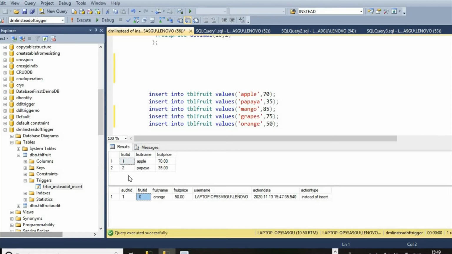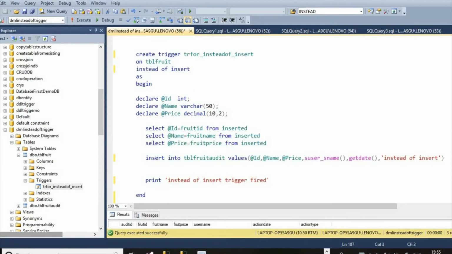Now if we want to insert the record in the tbl fruit table and the same entry into the tbl fruit audit table, then we'll see how we can do that. We have seen that even though the record was not inserted into the tbl fruit table, it was inserted into the inserted magic table.